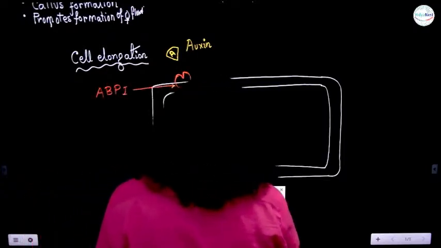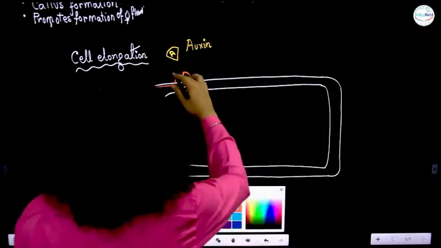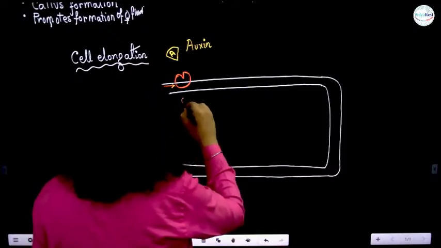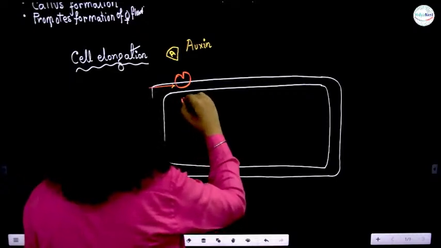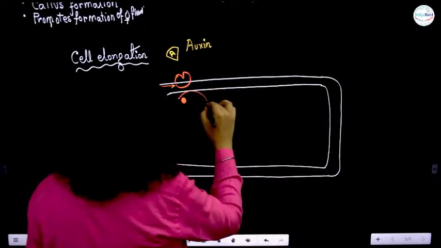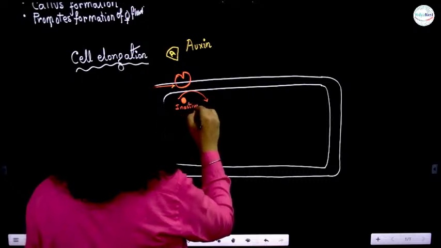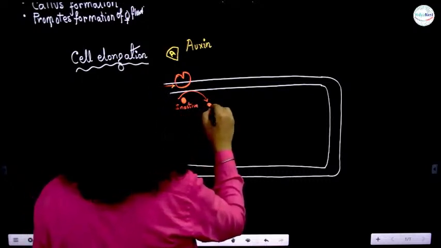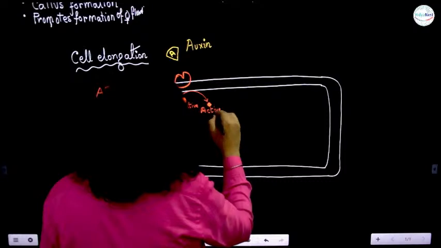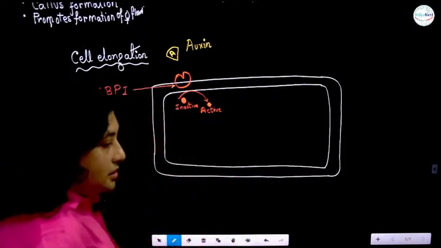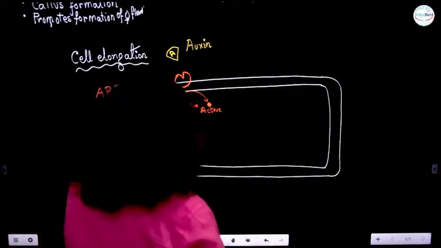As soon as this receptor binds, there will be activation of a protein. This is a signal protein. This signal protein gets activated from inactive condition to form the active receptor. This will be the active receptor. As soon as this receptor becomes active,